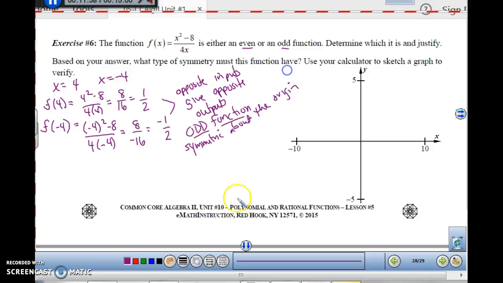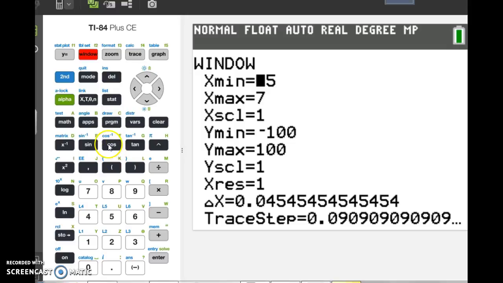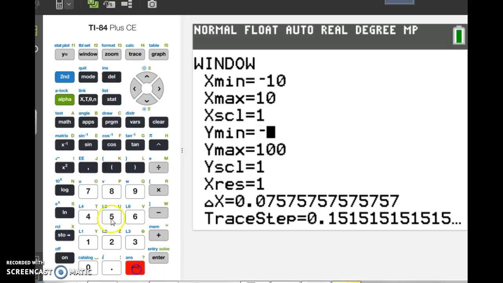All right, so we want to be able to use the calculator to sketch this. So I'm going to take my calculator. I'm going to y equals. All right, I'm going to put in my function. I'm going to use the alpha key. All right, and it will be x squared minus 8 over 4x. And I'm going to adjust my window, which is from negative 10 to positive 10. And my y's are from negative 5 to positive 5. And when I hit my graph,